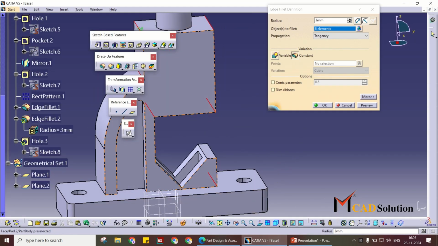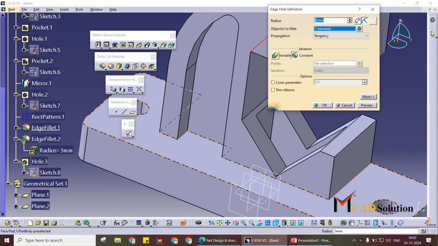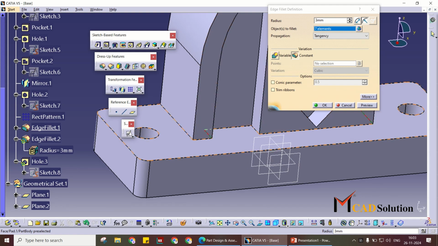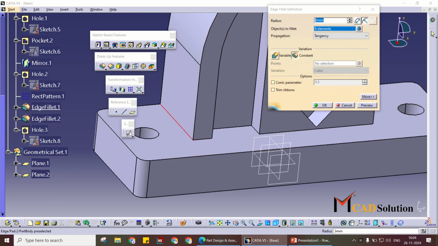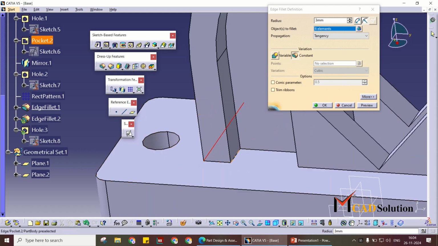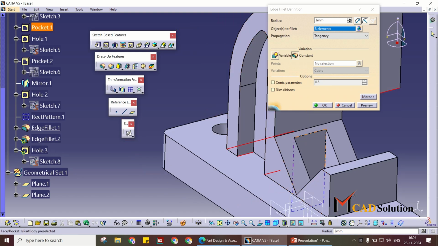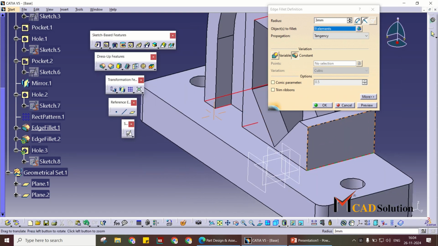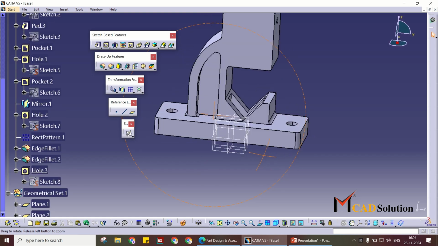Edge fillet 1, 2, 1, 2 3 and one more 4. Okay,